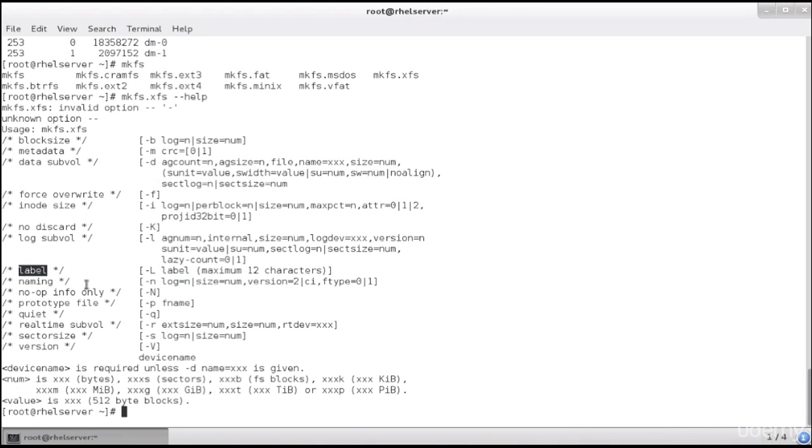So what I'm going to do is I'm going to type mkfs.xfs -L myfs followed by the name of the device I want to format, which is /dev/sdb1. By the way, you noticed I'm using the words making the file system and creating the file system as alternatives to one another. So as we see, the file system has been created